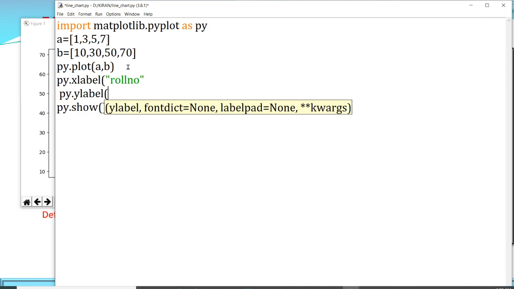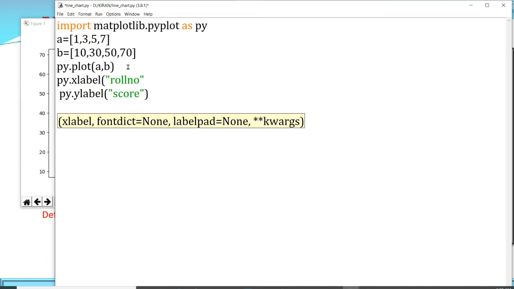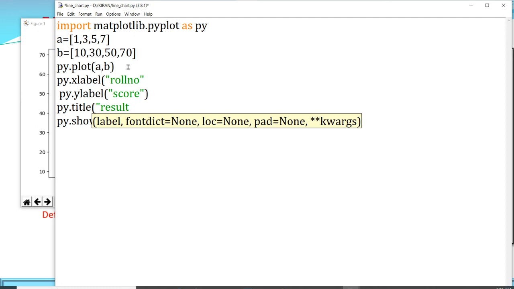Clear? And for y label I am giving the value score, and also I want to give the title. Clear? For giving the title, I have to write down py.title, and give the name of the title. Suppose I am giving here the title as result in quotations.